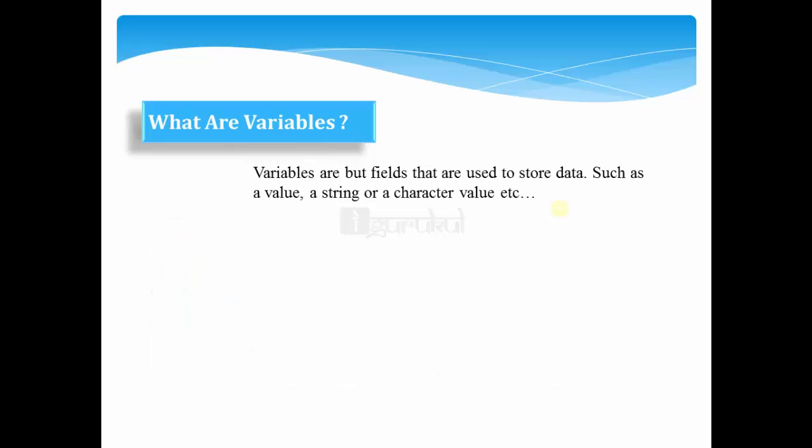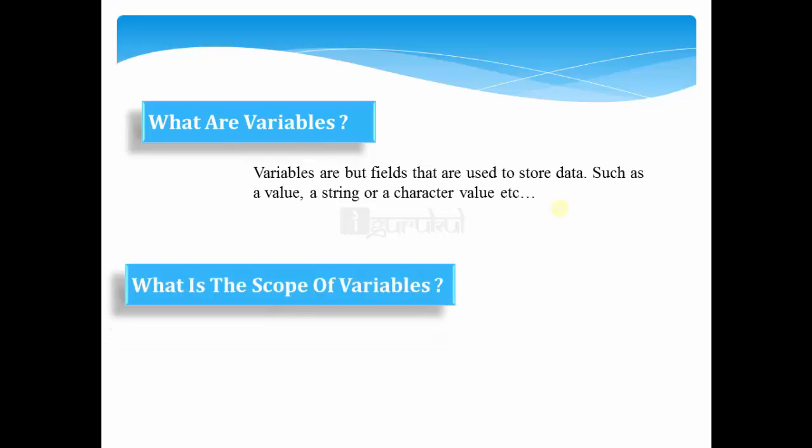So now the next question is, what is the scope of a variable? From a general perspective, just remember it like this: everything has a lifespan. If you are born, you will die. If you have purchased something, it will wear out. Similarly, if you declare a variable, it will have its lifetime and a scope, meaning it will exist from this space to this space. So what is the scope of a variable? The scope of any variable is defined within the block in which it is declared.